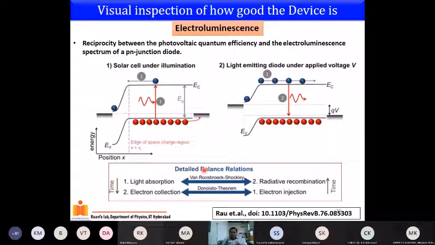Okay, why I'm spending so much time on this is that it is the most common technique to study large modules. When you import a large module, how do you test whether the module is working or not? You don't measure the JV characteristics of every small individual component in the series. A module is a series of solar cells. Each solar cell is small area, correct?